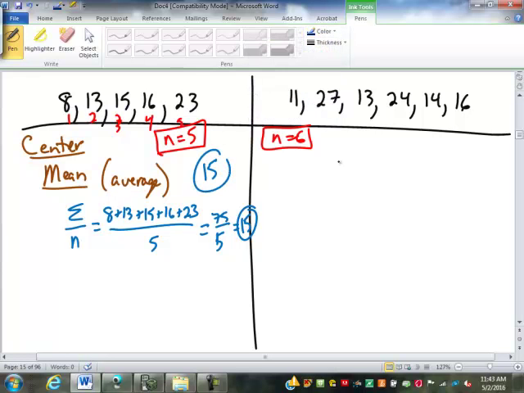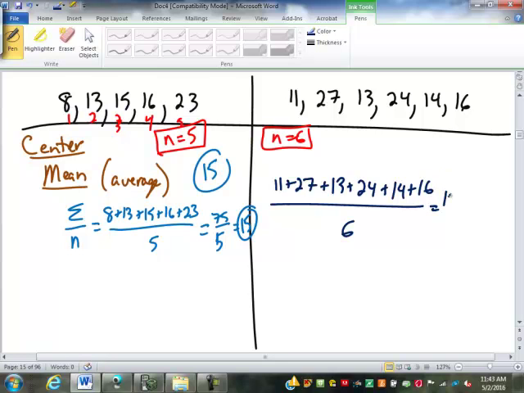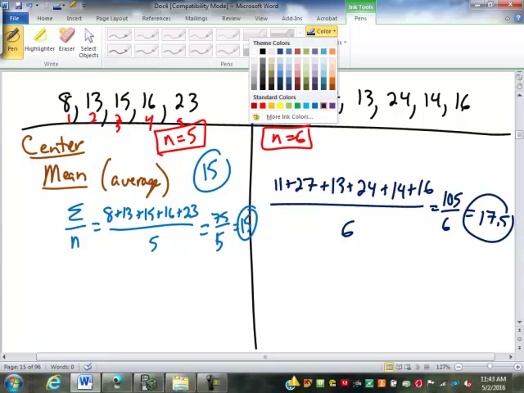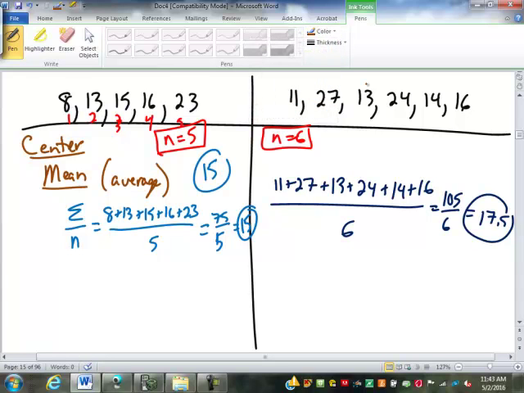For our second data set over here, same thing. 11 plus 27 plus 13 plus 24 plus 14 plus 16 divided by 6. So we have 38, 51, 75, 89, 105 divided by 6, which is 17.5, our mean for that data set. So the mean is just the average that we've been calculating since about 3rd or 4th grade. The median,